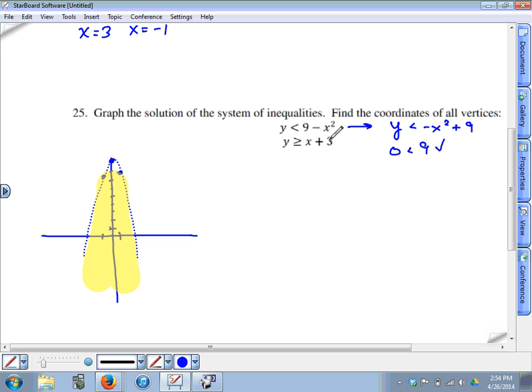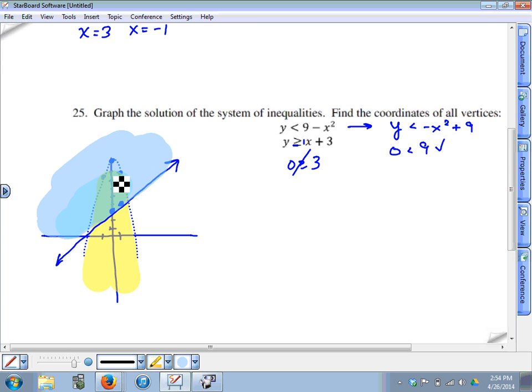Now for the other one, y is greater than or equal to x plus 3, that's a linear inequality, it's a straight line. 3 is the y-intercept. The slope is the coefficient of x, which is 1, so up 1 over 1. And since it's an equal to inequality, it's a solid line. And we can use the same test point, 0, 0, to see where we shade. So if x and y are both 0, we end up with the statement 0 is greater than or equal to 3. That's not true. So the test point we've chosen is not in the shaded area for the line, so the line is shaded above. So shading above the line,